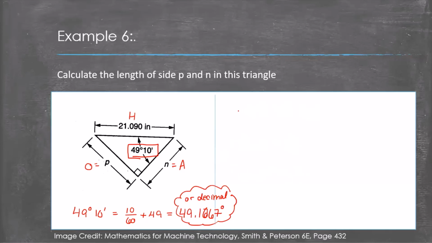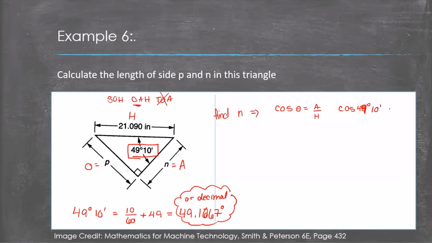Now, let's do N first. We'll do alphabetical order. So to find N, what should we do? N is my adjacent. First thing we'll look at is we don't have opposite or adjacent, so we know we're not going to use tan here. Because we have the hypotenuse, we're either going to use sine or cosine. N is adjacent, so it's going to use cos. So the cosine of our angle is equal to adjacent divided by hypotenuse, or the cosine of 49